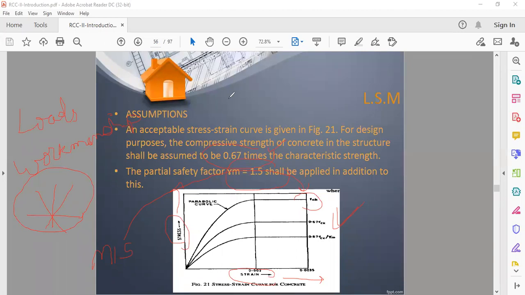See, basically, when we go for the design part, we have not yet started it. When we start, you will understand it better. Right now, just understand this parameter. You will get confused.